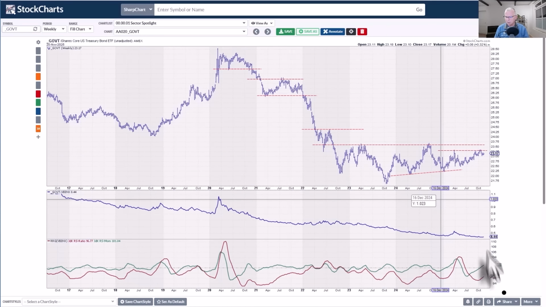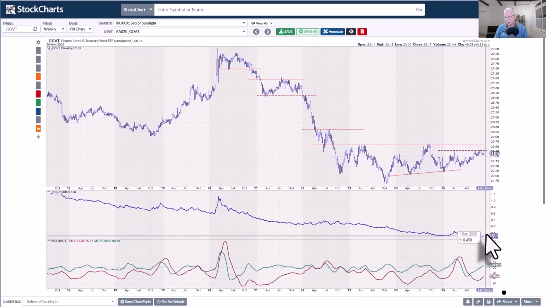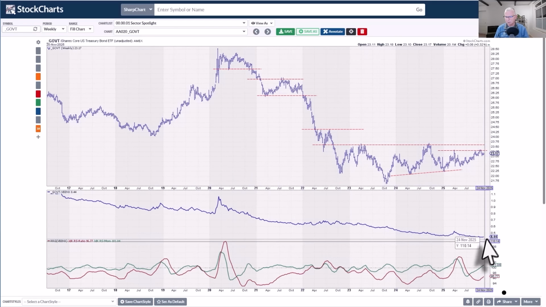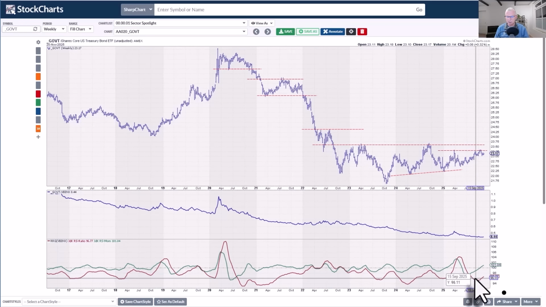But the RRG lines, the relative strength, it's hard to see here because this is quite a long chart, but it's starting to pick up. It's starting to put a bottom into place. And you can see how that is dragging both RRG lines up. The momentum line is already above 100. And the RS ratio is starting to pick up, positioning GOVT inside the improving quadrant, starting to move at a